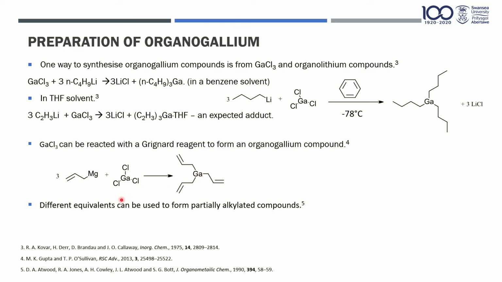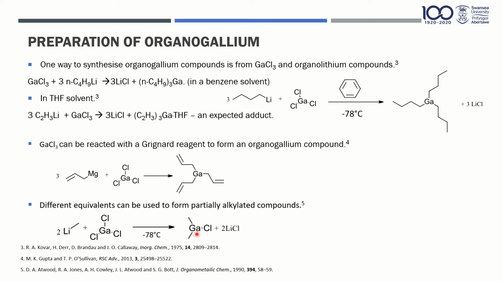We could also use different equivalents. As I've stated, we use 3 equivalents here and 3 equivalents of the t-butyl lithium here. This will give us partially alkylated compounds. If we use 2 equivalents of methyl lithium, lime, whatever you want to call it, again, gallium chloride at minus 78 degrees, you will get chloro